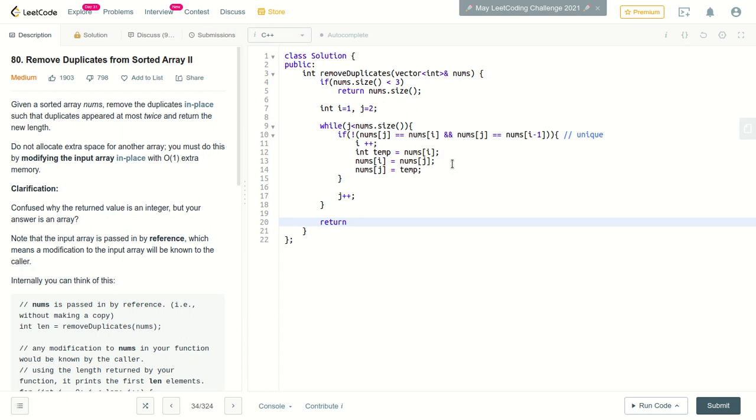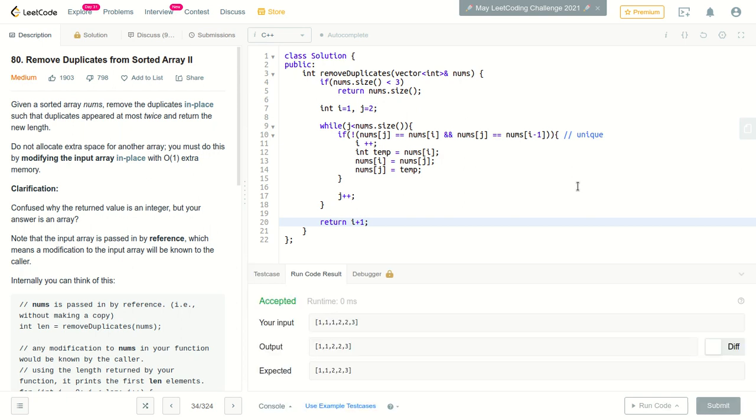Why? Because i stores the index of the last unique integer found so far. As C++ follows zero based indexing, we need to return one more than i. If i is storing 3, then 3 is the index, but the number of elements will be 4. That is my point.